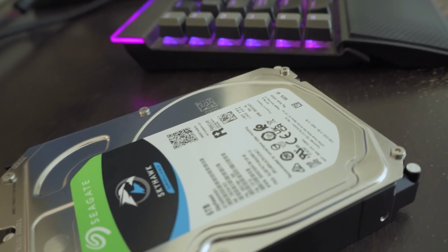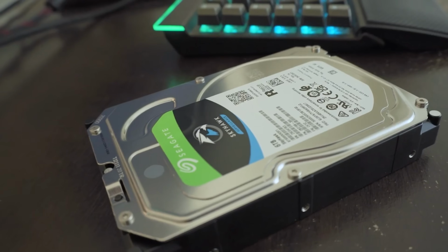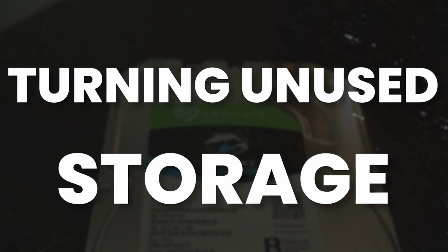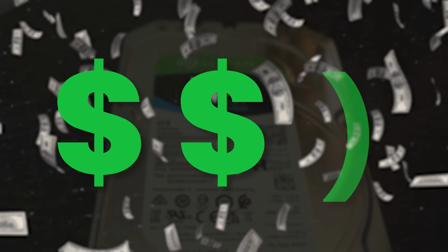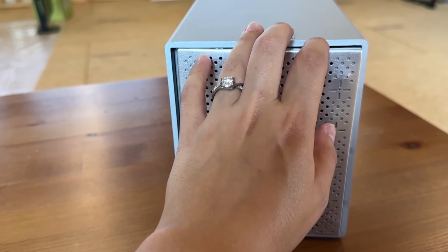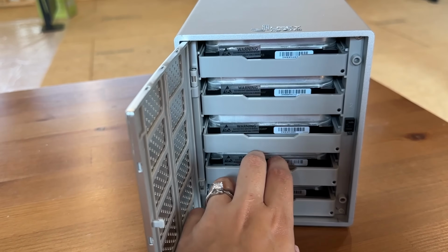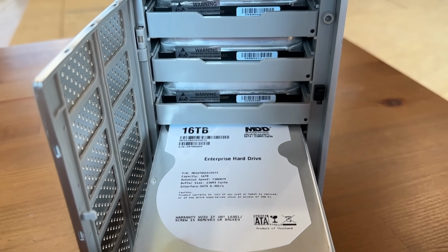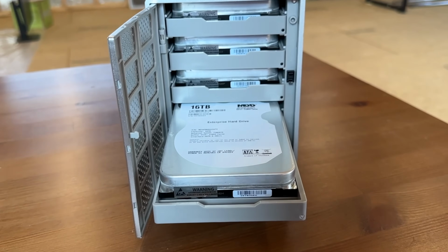Hard drive mining is so cool as a concept. Hard drive mining is essentially turning your unused storage space into passive income. Hard drive mining is using a typical standardized multi-purpose hardware, a hard drive, as essentially the core piece of a